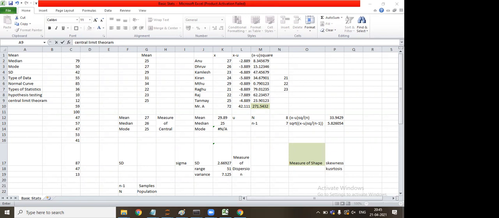Third thing is measure of shape. Measure of shape is basically measured through skewness and kurtosis. I'll not go into that. It's just that if it is not looking like a bell curve, if the shape is aligned to the right or to the left, then the graph is skewed. That is all I can tell you at this point of time, because when I cover more statistics and other distributions, you will be a bit confused right now.